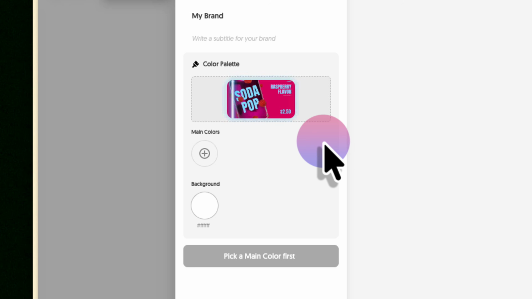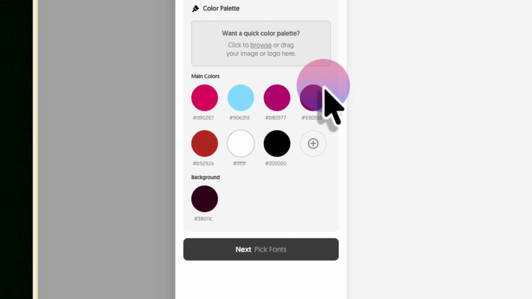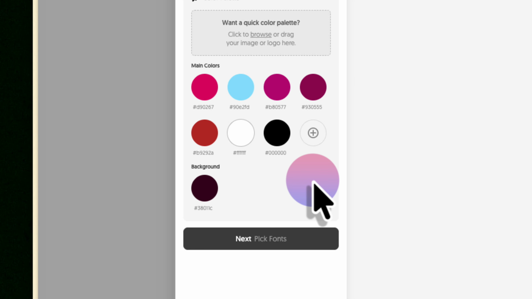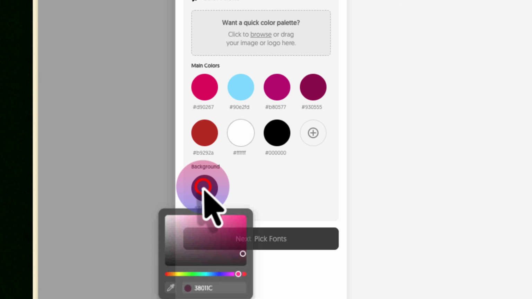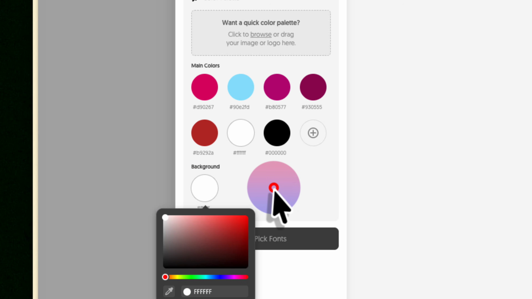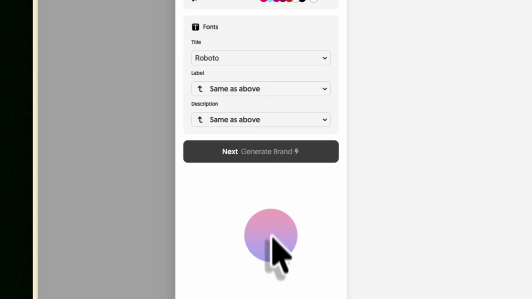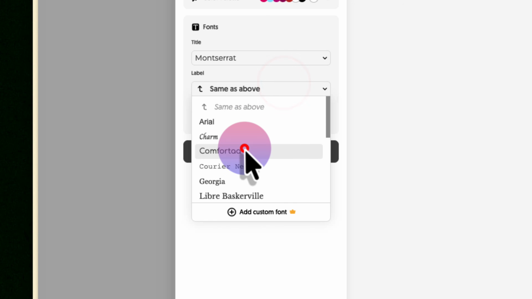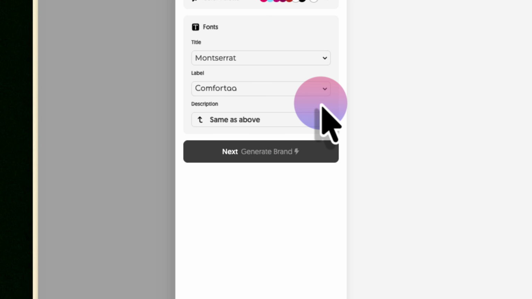I'll browse and upload an image here, and there we go. You can see that it's pulled the main colors out automatically. From there, you move across to fonts. You can set separate typefaces for titles, labels, and descriptions. And if your brand uses a specific font, you can even pick from Google Fonts or upload your own font